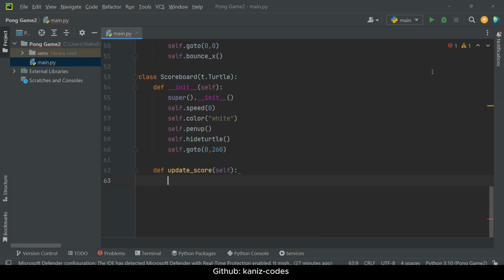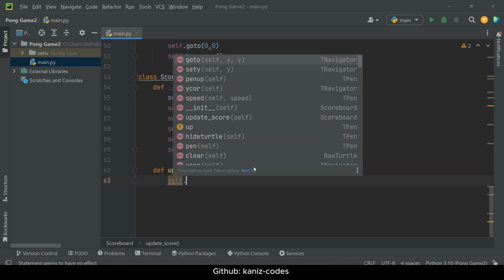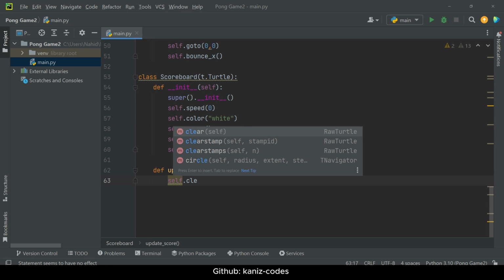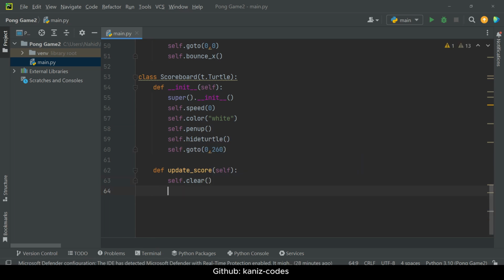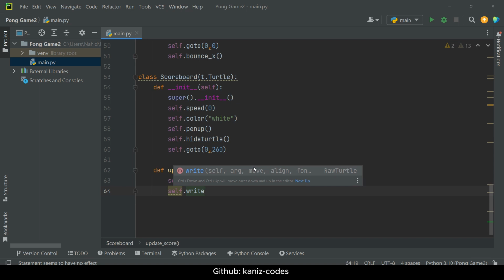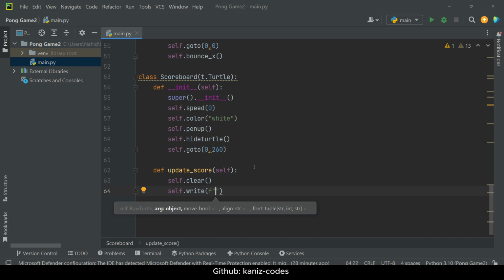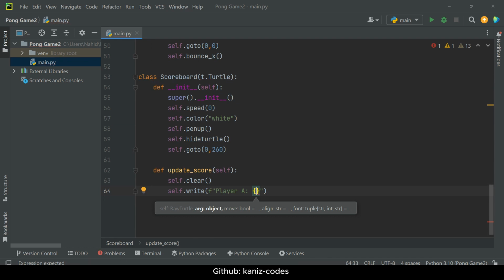Let's say 62. Okay, no problem. Self dot clear, then self dot write. If it's a function, the player, let's bracket